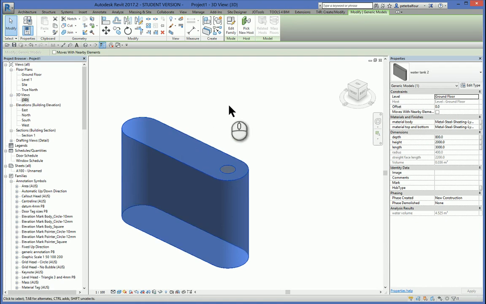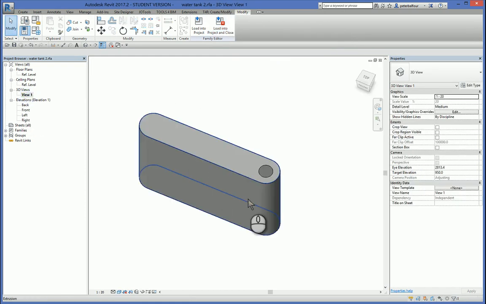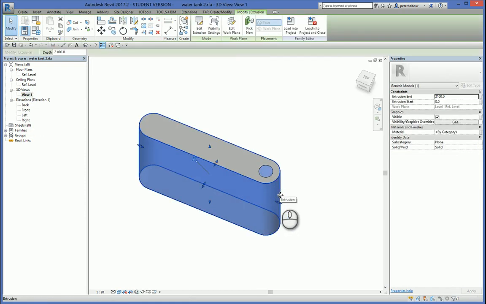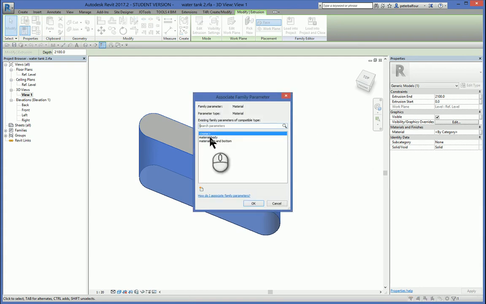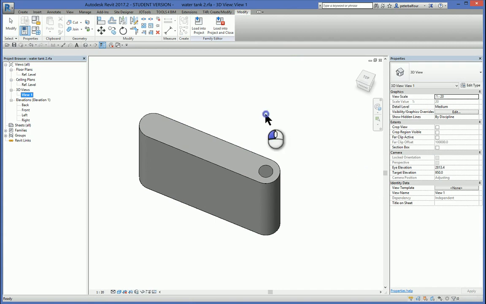So let's go back in by just editing that family. We go back in and 3D view. Let's click on the main body and you see the material here. It's fine to keep it by category, but it is not associated. So let's associate that with the one that we put in for it originally. Remember when we made this, we associated all the dimensions with their parameters, but the one thing we didn't do was associate each extrusion with a material parameter. So that's the material for the